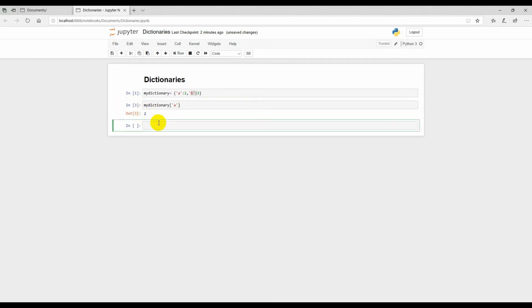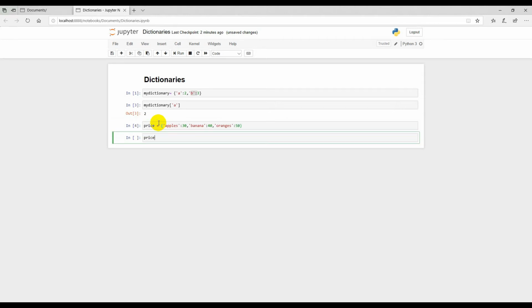A good example of a dictionary is the prices in a store. So I'll create a dictionary, let's say prices, and I'll open the curly braces and the first key will be apples and then a colon, and the price will be 30, and I'll give a comma and the second key value pair, let's say banana and a colon, and then the value will be 40, and the last key value pair, let's say oranges, a colon, and the value is 50.